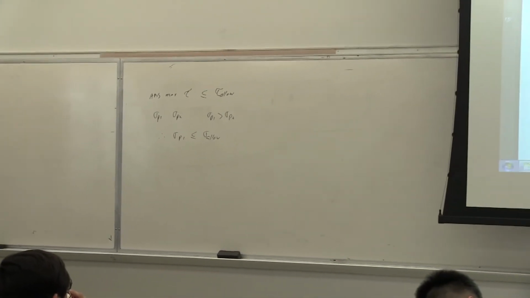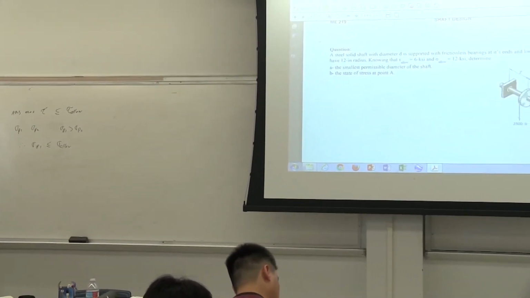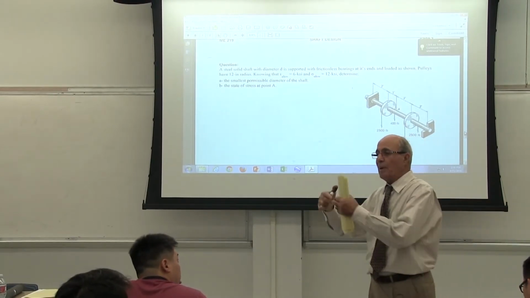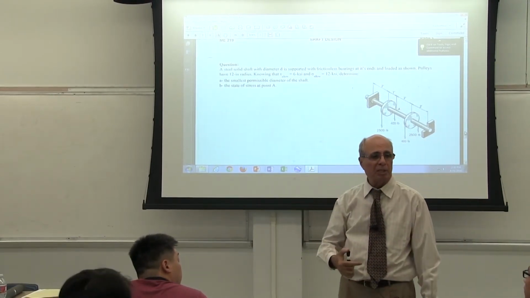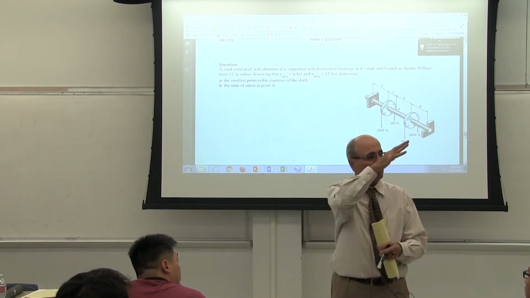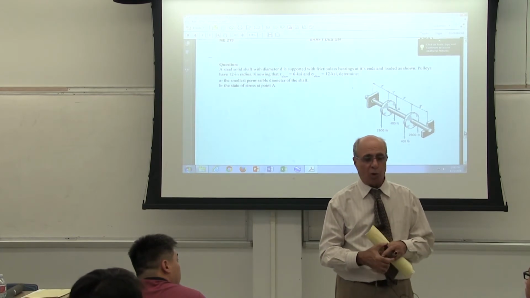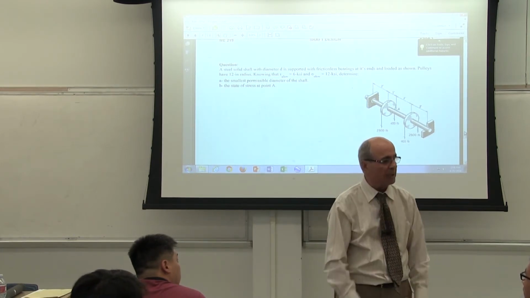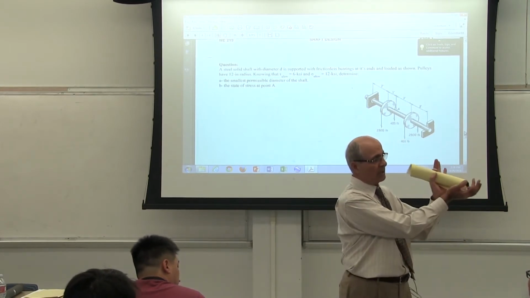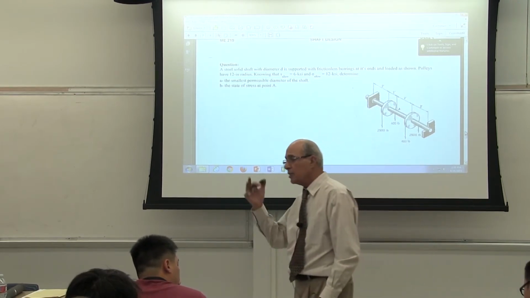You go around the beam or along the shaft, you find the most critical point, yes or no? At that most critical point, you don't stop at sigma x, tau xy. Everybody understand? You draw the Mohr circuit at that point to find out absolute maximum shear and absolute maximum normal stress, which are at 45 degrees to each other. Is that correct? Because of the nature of the Mohr circuit. On the Mohr circuit, they were at 90 degrees. On the real problem, they will be at 45. We have discussed all of that.